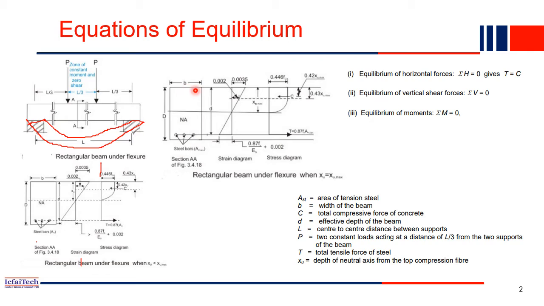So now this is the simple section at AA. AA means the middle section, okay? And this one we discussed in the last class also. This is our strain diagram, okay? Strain diagram of a concrete. So that also we got from IS 456. If you recall IS 456, how the stress strain diagram will be for the concrete.